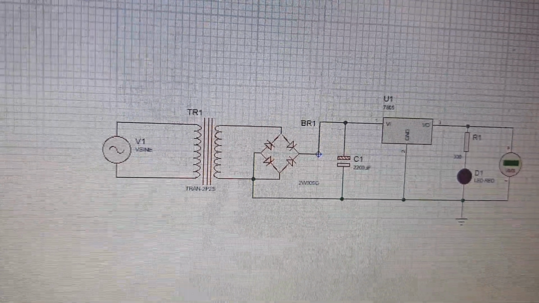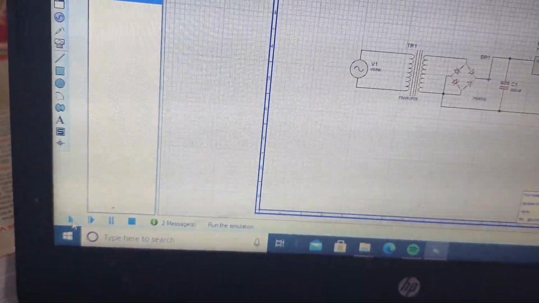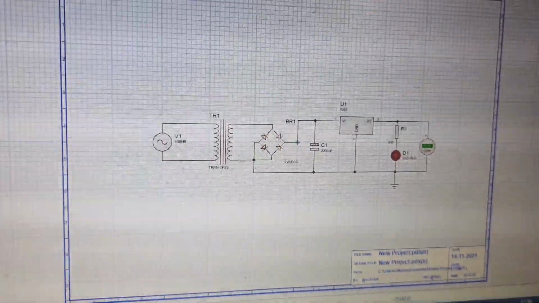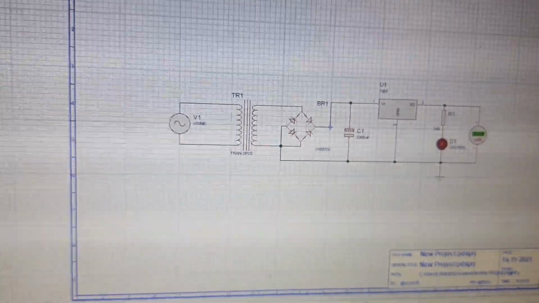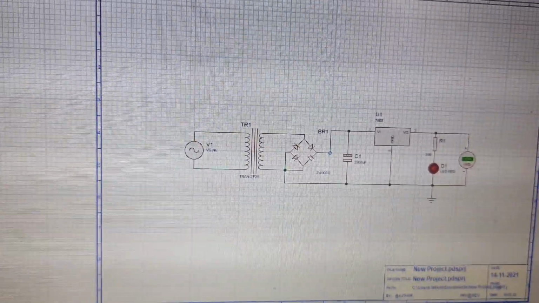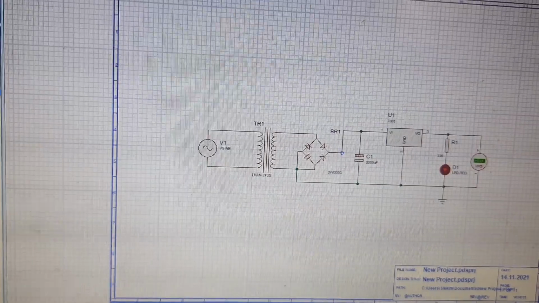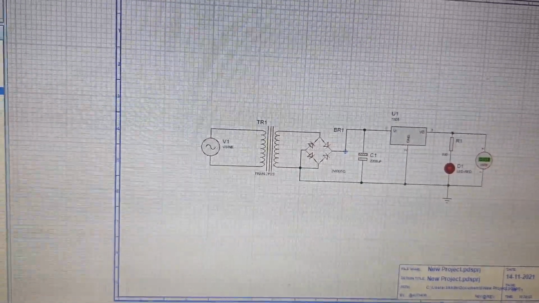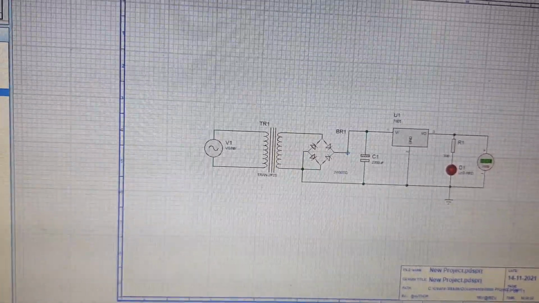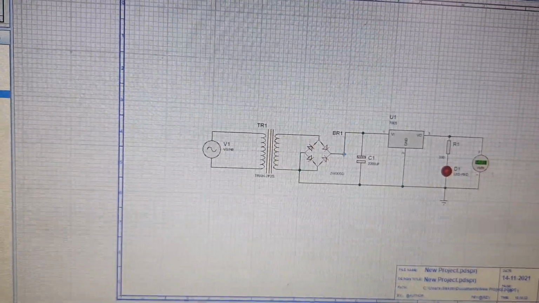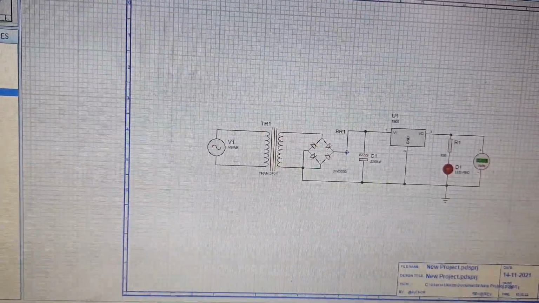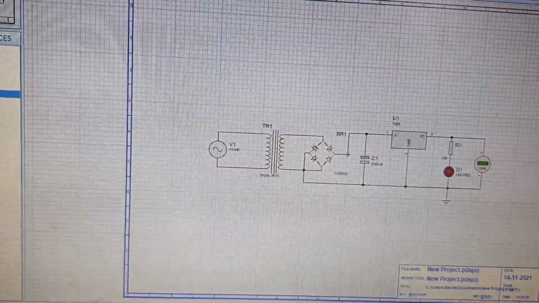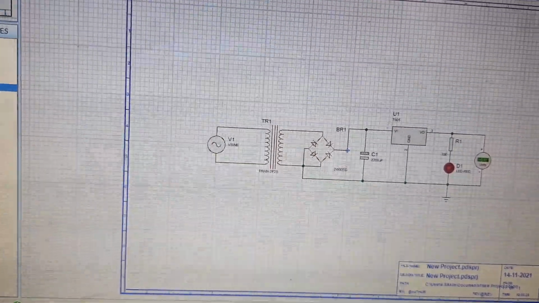As you can see, when I run the simulation, the LED started to glow. Now here is an important thing to note: I have applied a resistance in series with the LED. The value of the resistance is very low and a very low voltage appears across the resistor. The resistor limits the current, and if we directly connect the LED, then there will be chances that the LED